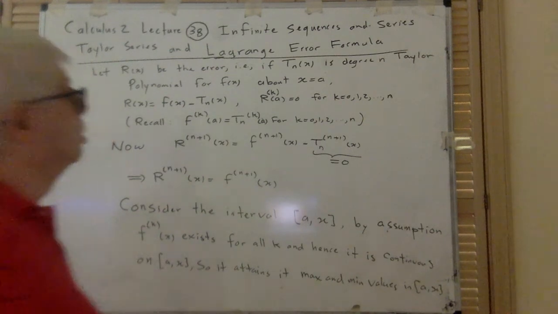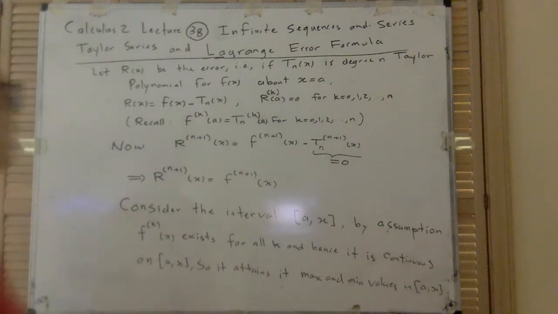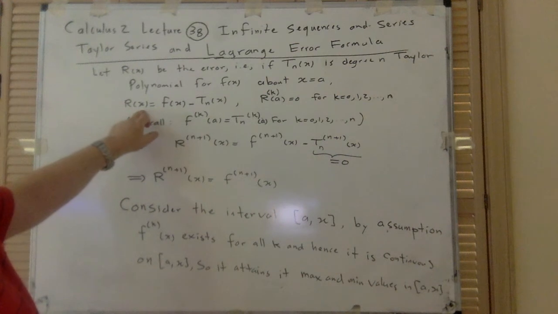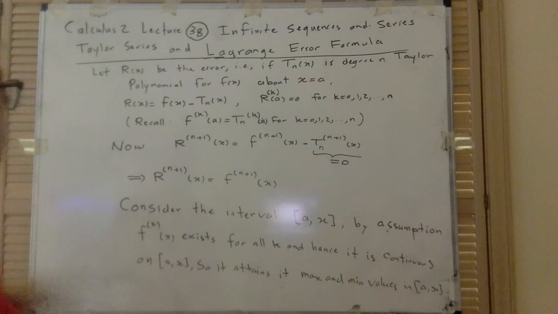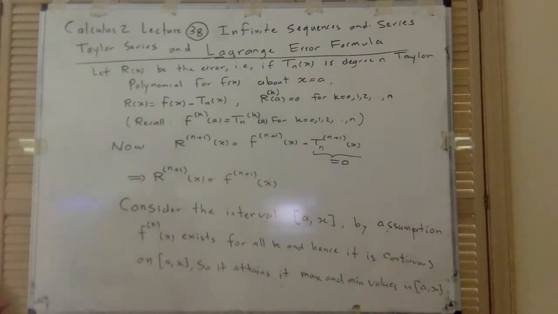And you know the formula for that, how to find it. So we denote error by R(x). Error is a function of x. Why? I will draw a picture here for you. So that is f(x) minus T_n(x),